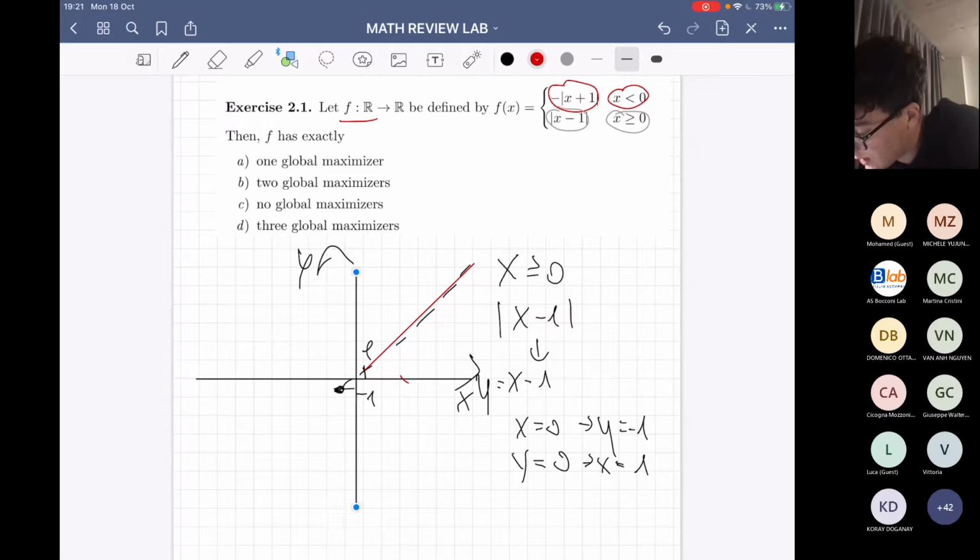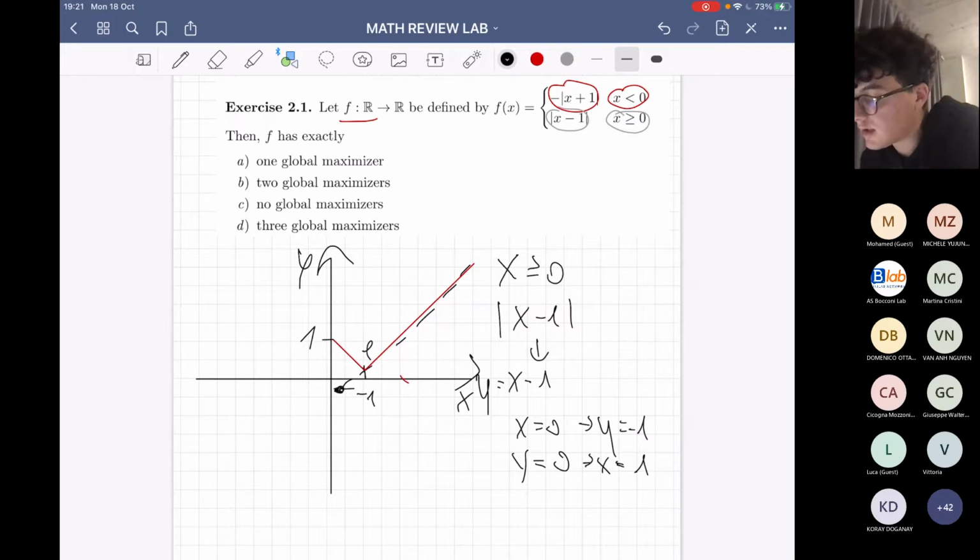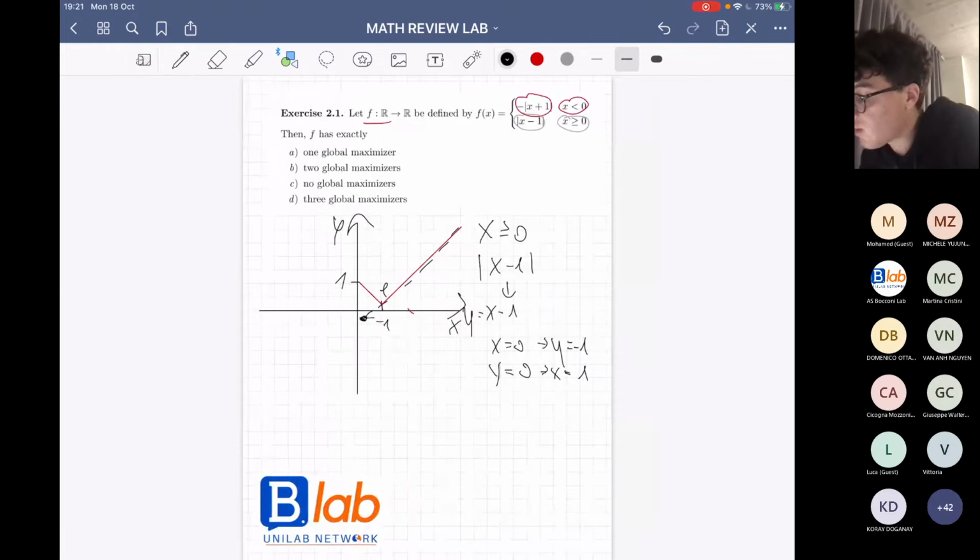We simply have to put it this way. Okay, this way, and this is exactly 1, and so this is the first function, the one in which x is greater than or equal to 0. Of course, this function would have a minimizer at x equal to 1, but we have to consider also the other function. So how do we deal with this other function?